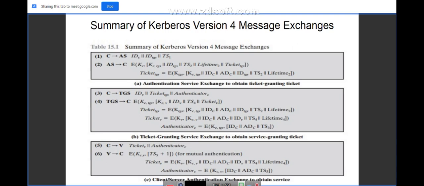The encrypted message also contains a copy of the session key KC,TGS, which is the session key maintained between the client and the TGS. And what are the other things? Timestamp 2, lifetime, and a ticket for the TGS.